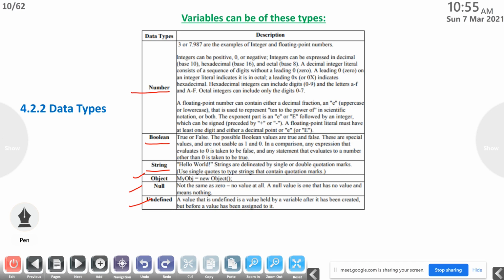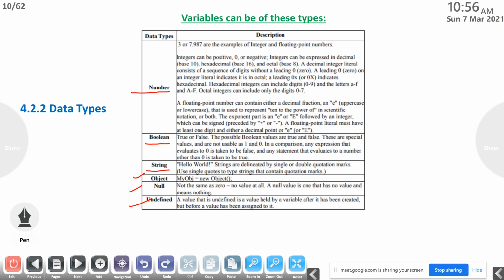In C we use 7.987 as double type and 3 as integer type, but here you can use number for both. Then Boolean type, true or false values, all of you are familiar. String type, within double quotes we give the string data. If you give 20 in double quotes, that will also be treated as a string. Whatever we give within double quotes is treated as string data type.